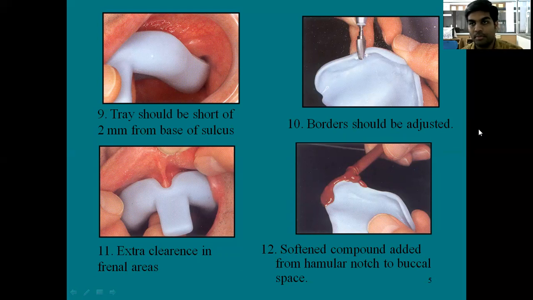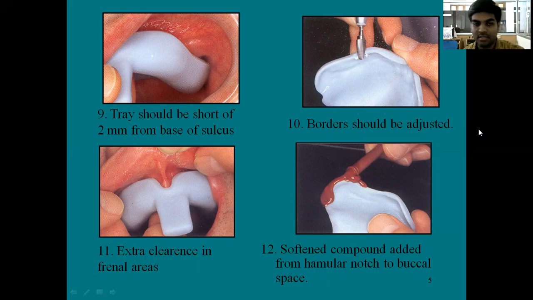So in order to properly record, we must give a relief of around 2 mm all around the borders of the special tray. The 9th picture shows the tray should be short of 2 mm from the base of the sulcus, and if it is not 2 mm short of the sulcus, the borders should be trimmed with the help of a metal bar, and we have to correct the extensions.